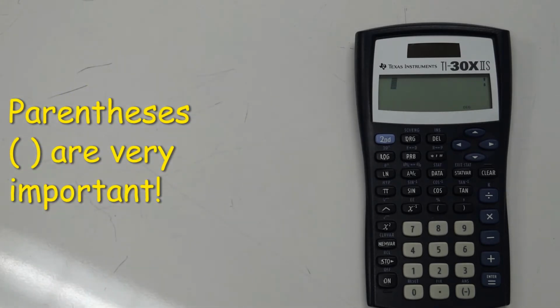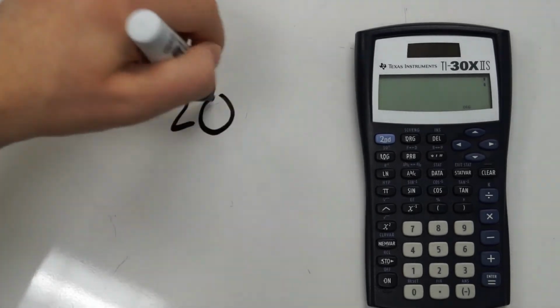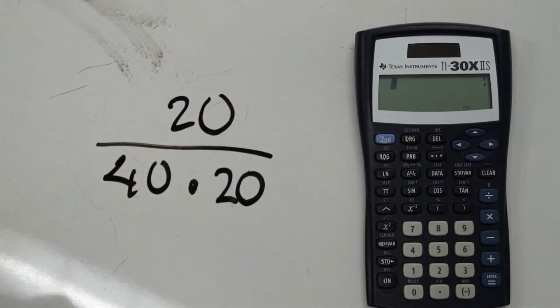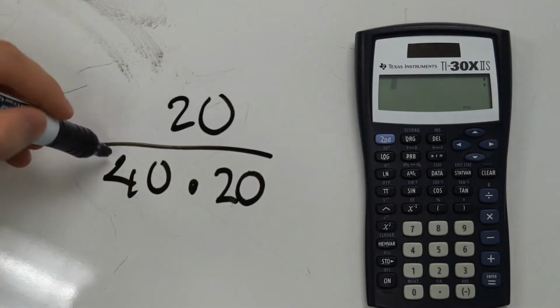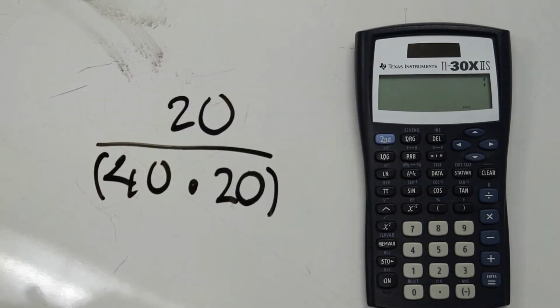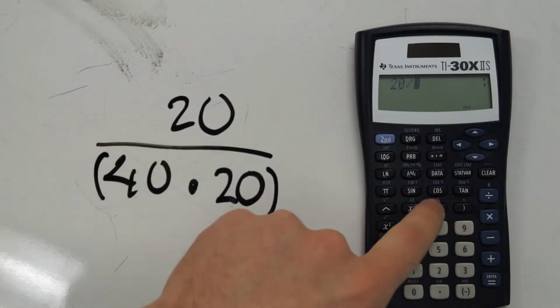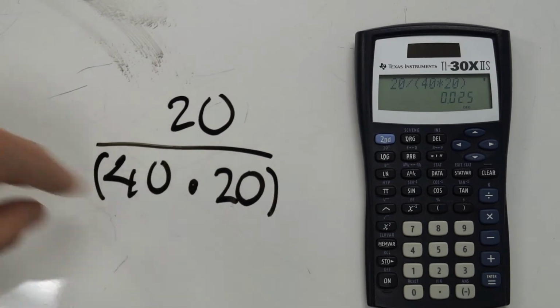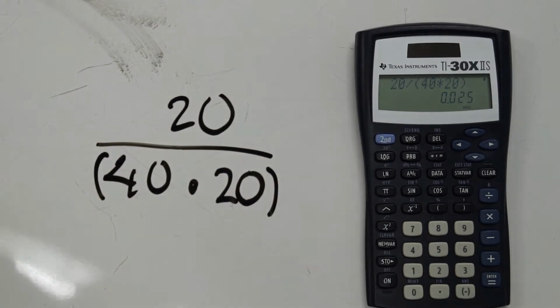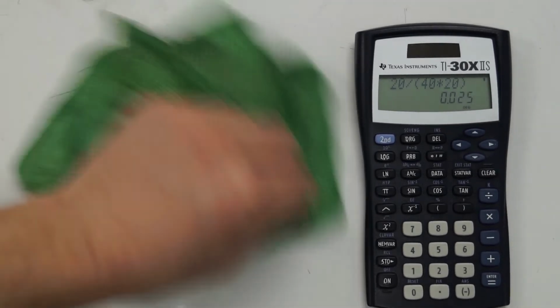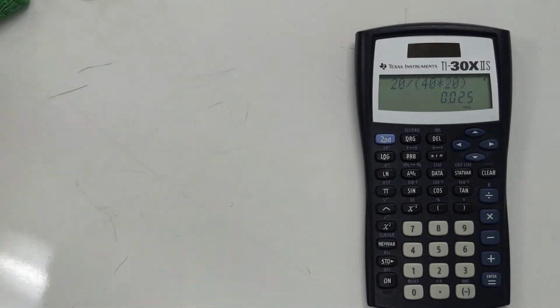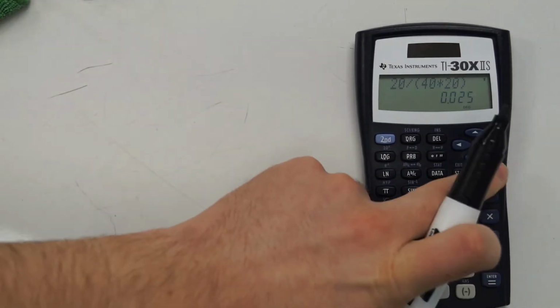So if you put in something like this, you're trying to put that into a calculator, you want to make sure you have this in parentheses. So when you put that in the calculator, that should give you whatever the answer is. If you don't put the parentheses in, then it will treat it as something like this instead. It will do the first thing that comes to mind. So if you put,